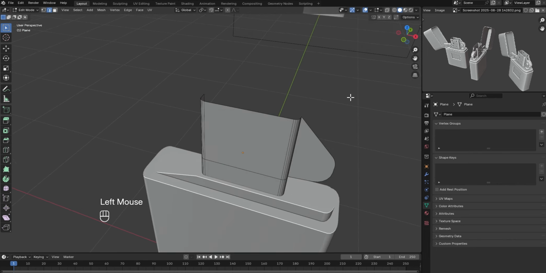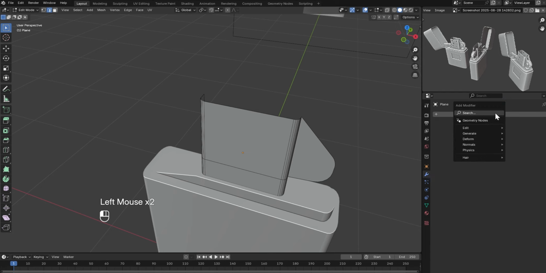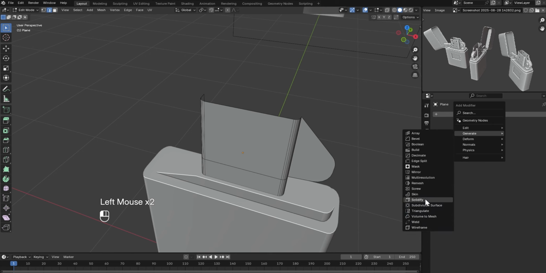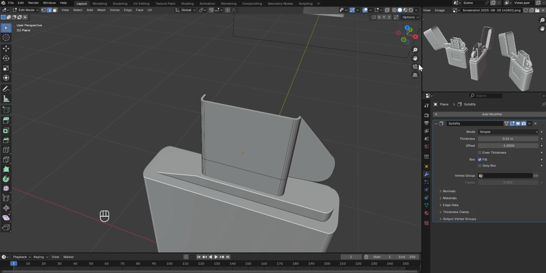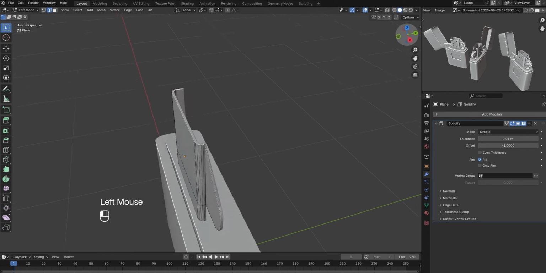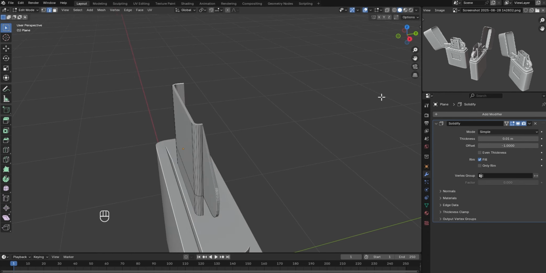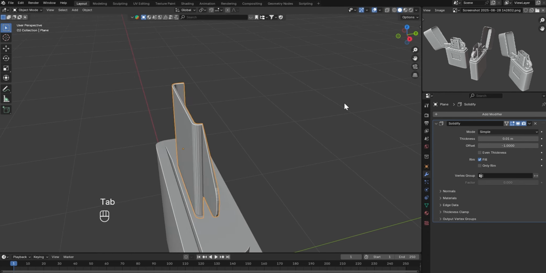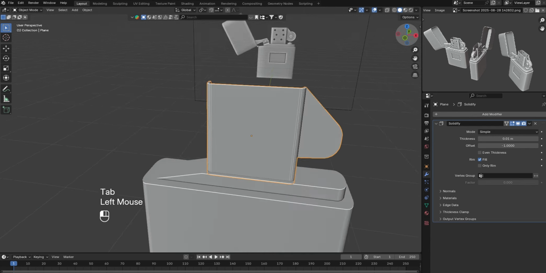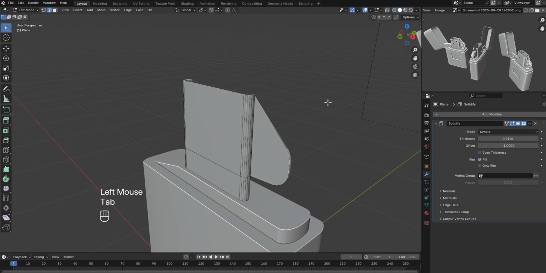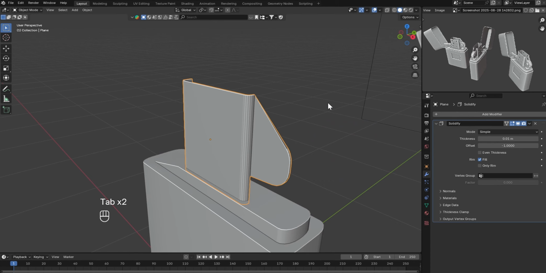Alright, so the next thing we are going to do here is to add a solidify modifier to this plane. So I will go here into modifiers properties and bring in a solidify modifier. I think this is okay. Alright, so let's look at it from this angle here. As you can see,